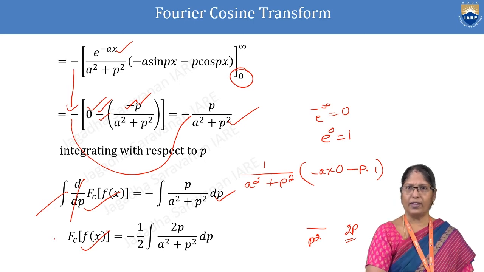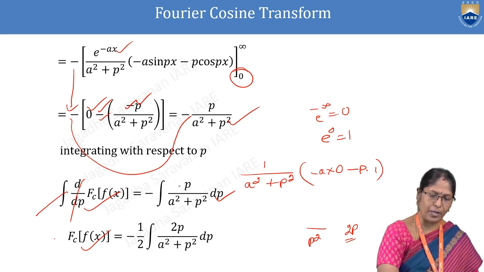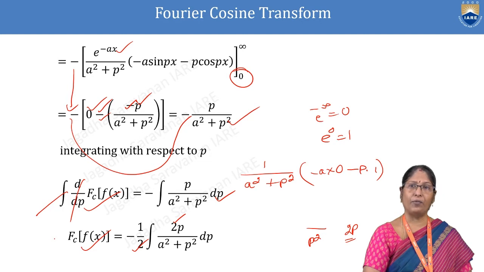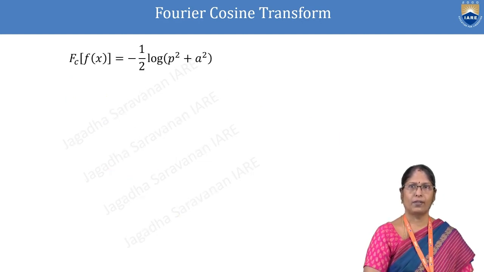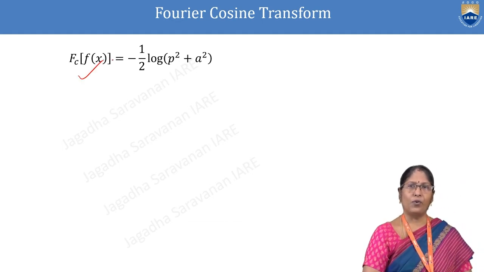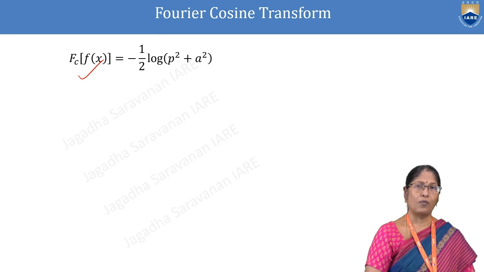That is the reason we multiply and divide by 2, to make the integration comfortable. That is the purpose. So the left side, the Fourier cosine of the function f of x equal to,